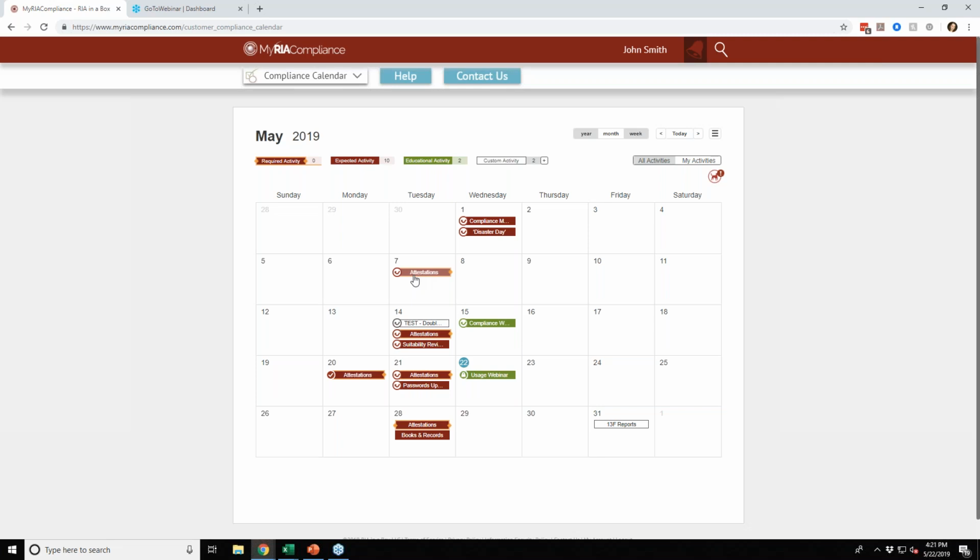Anything like that, though, if you see it highlighted in goldenrod, you do need to make sure that that's something you're doing and recording on the compliance calendar. So let's go ahead and actually get into something, and we can take a look. Oh, and actually, sorry, I forgot to keep going with the color coding. The other two types here, as they state, educational in green, those are going to be primarily our webinars, and custom activities are black and white. Those are anything that you create, so you can add anything you want